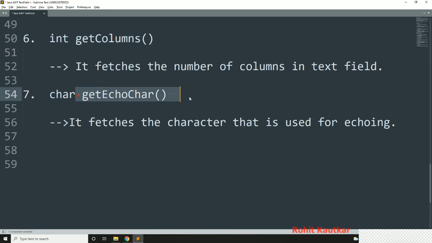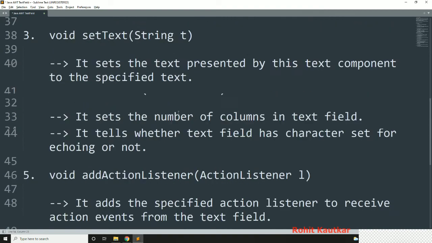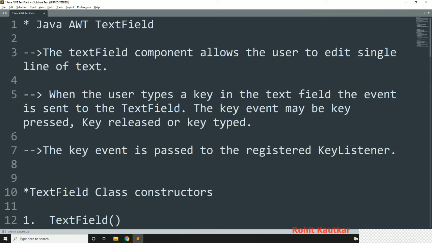And at last, if you want to know which character we are using as the echo char, we can use the getEchoChar method. You can see the return type is char, so it will return whatever echo char we are using. So these are certain important methods and constructors related to text field.